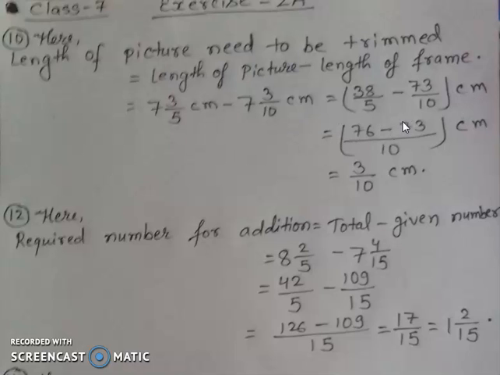Students, this is not the only method. In math there are many methods. Of course, when there is a mixed fraction, then we can subtract the whole numbers of the mixed fractions in one place, and subtract the fractions in one place, and then we add both separately. That means fraction subtraction separately and number subtraction separately, and then it can be added also, and you will get the same result. If you don't believe, you can just try it at your home. In several books such a process has been given. You can do that process also, no problem. But if you do not know that, then please focus on this and try to do this.